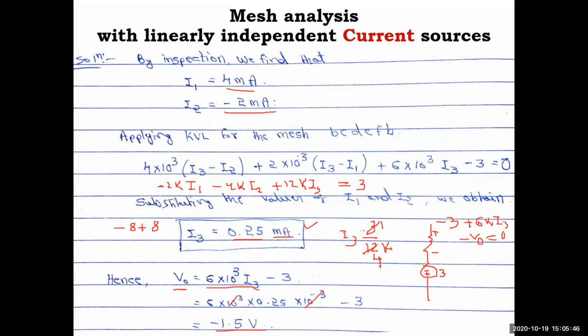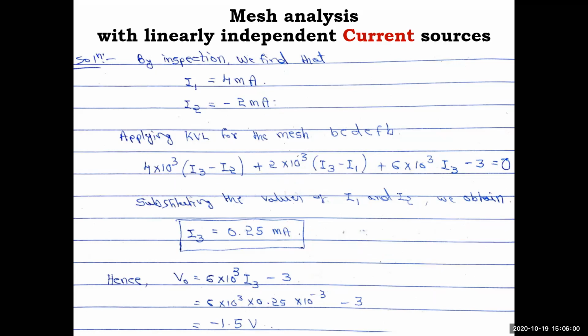Okay, so I hope you have understood the two cases now. If you have independent current sources, how we directly relate. If independent voltage sources are there, we'll write the mesh equation and solve it. Okay, so with this we'll end the session here. Just go through these two problems. In the next video we'll try to solve mesh analysis with dependent voltage sources and current sources. Here we have seen the independent, circle symbol. Next we will see the diamond symbol. Okay, if it is present, how we are going to solve it.